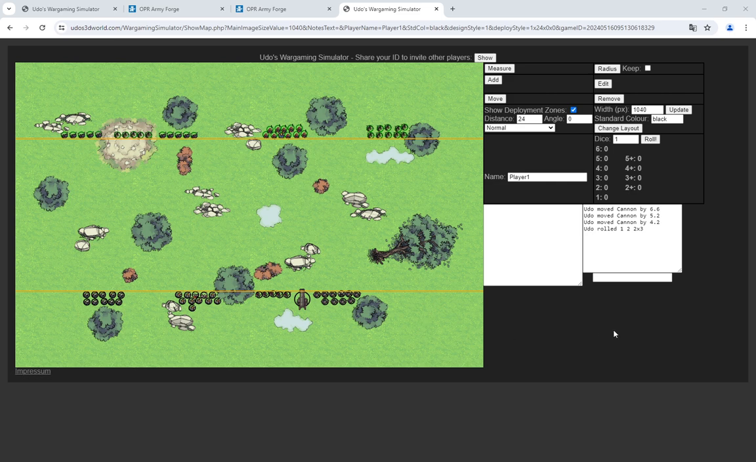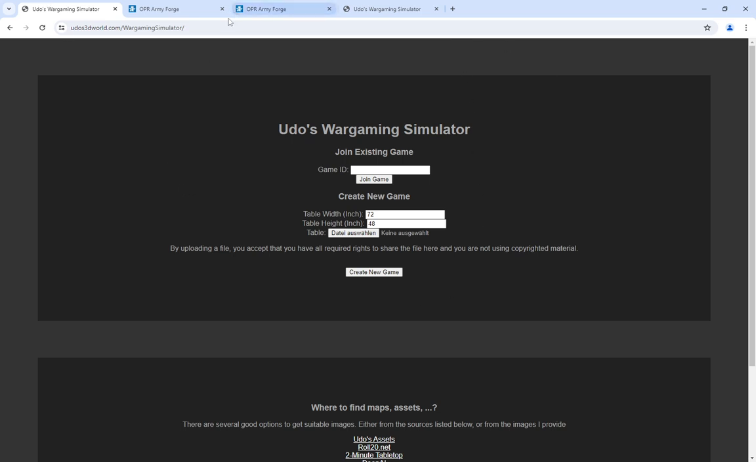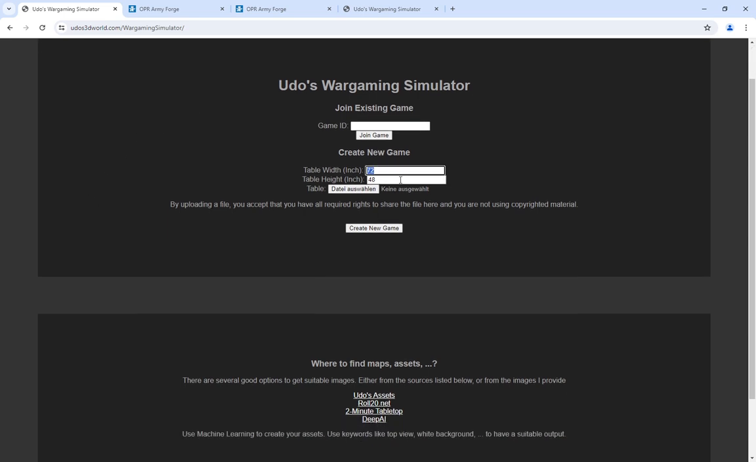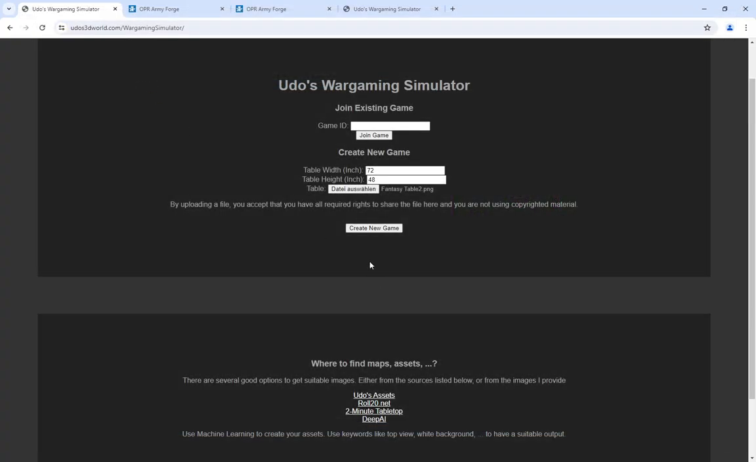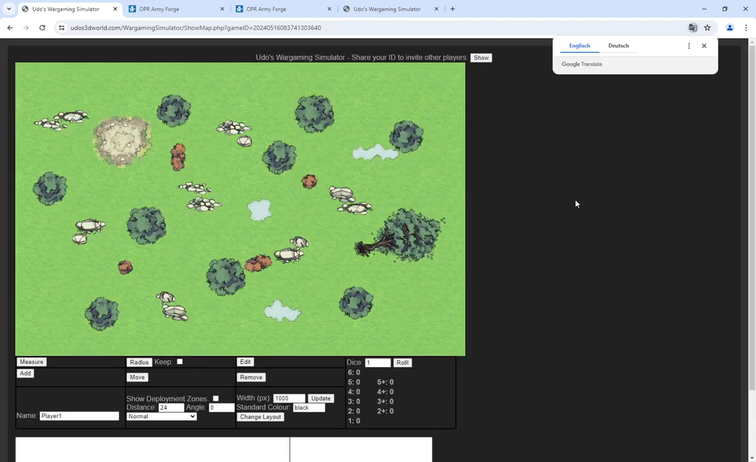But let's start. How do we even set it up? Well, here, this is the landing page basically. I'll put the link in the video description. And all you have to do is say how big your table is. Select a file. And I have fantasy table here. And just click on create new game. And then it's uploading the file, and you can see we have our battlefield here, and we can now start